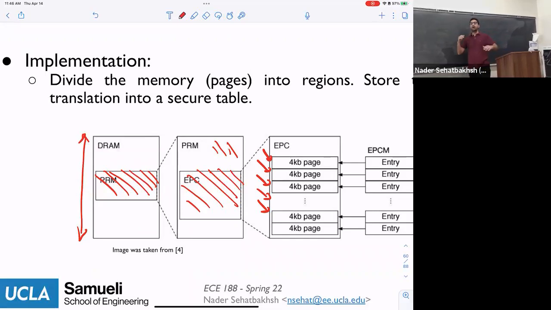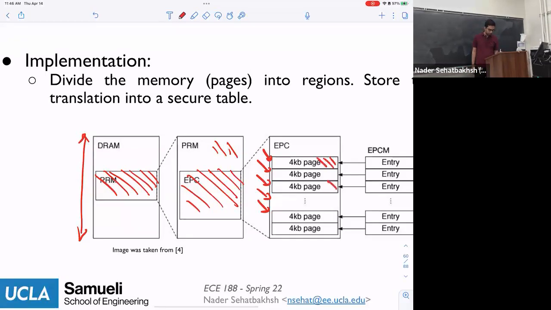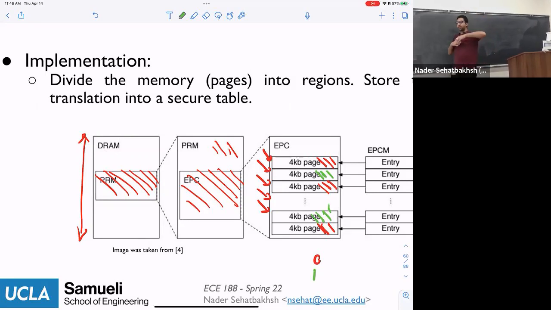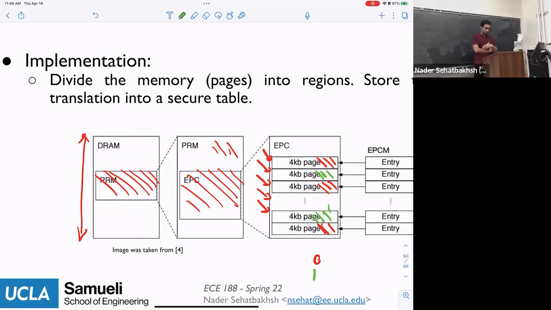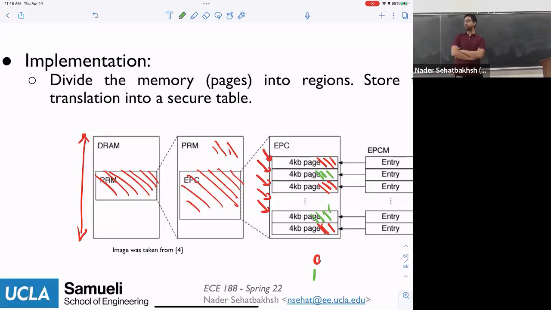With that paging, we can now have enclave number 1, enclave number 2, enclave number 3. So maybe this one and this one and this one is for program 0, and then maybe this one and this one is for program number 1. Then we can continue over and over. We can have multiple enclaves on our system, and all of them are secure because it's part of the reserved memory that's only controlled by the trusted execution environment. This is using the paging, so the page table within the TEE is controlling it. Okay, is that clear? Any questions?